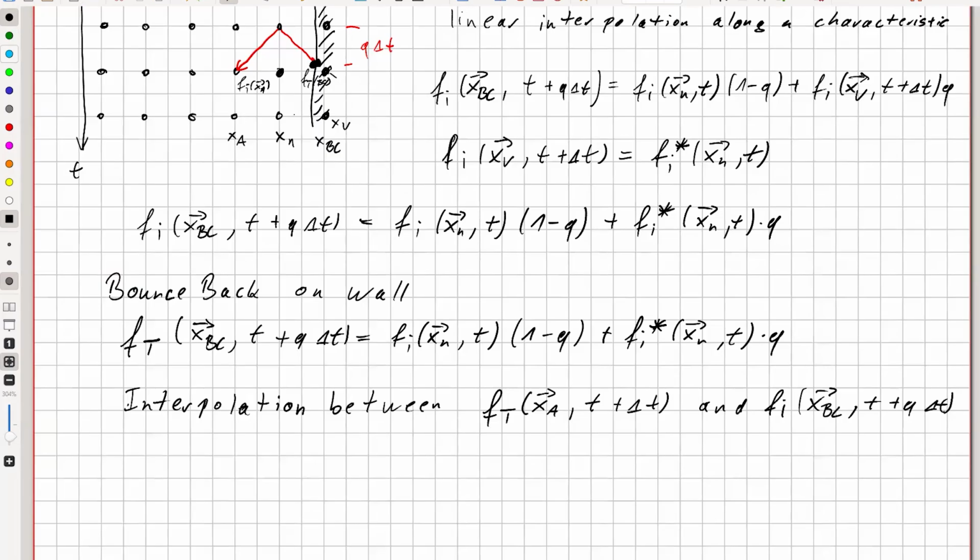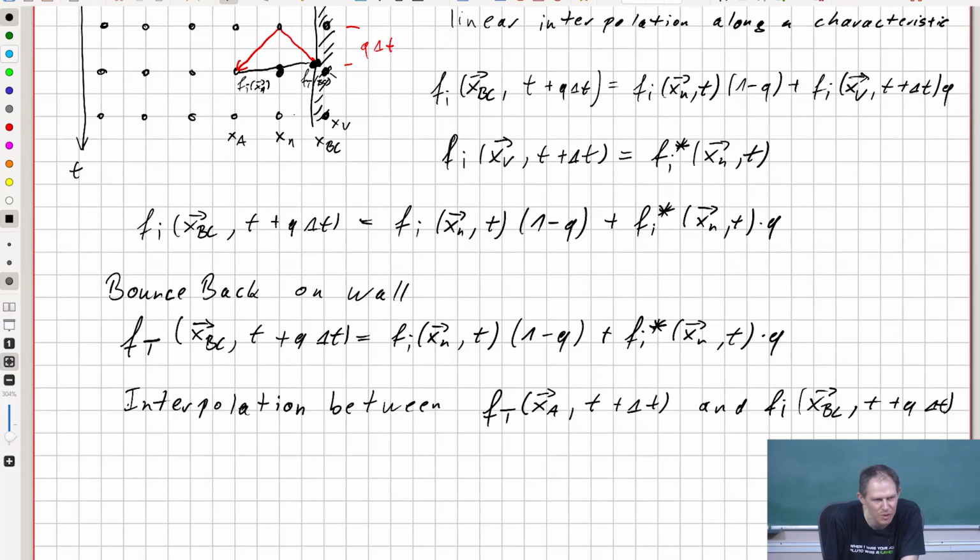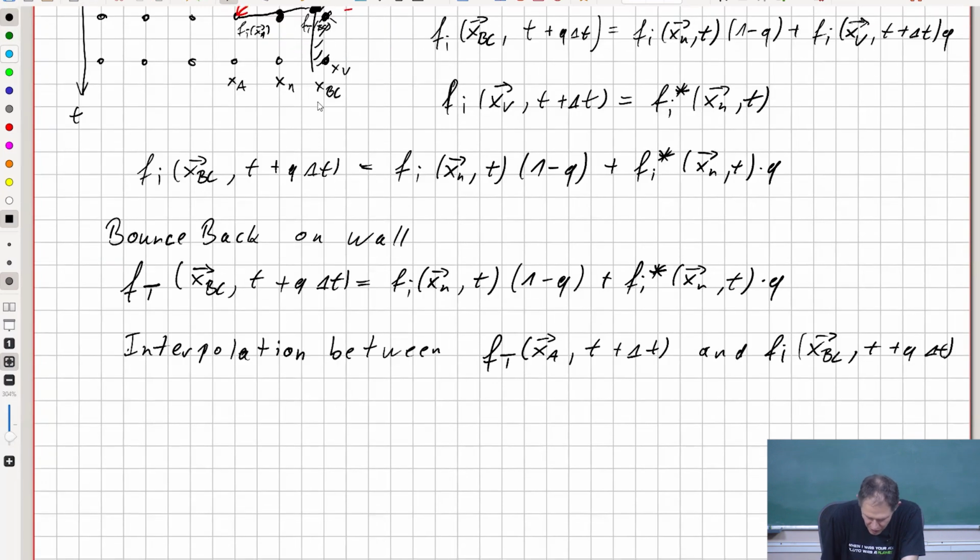So basically what we are doing is interpolating to this point, which is in the right location, but not necessarily at the right time. So this actually becomes Fi over bar xn. Now this is interpolated in time. Therefore,